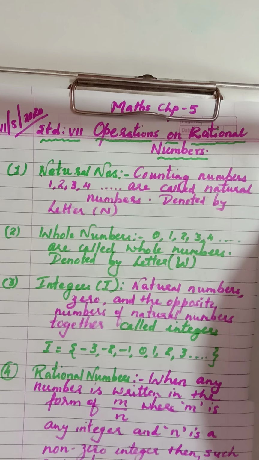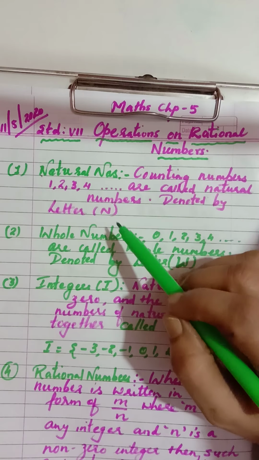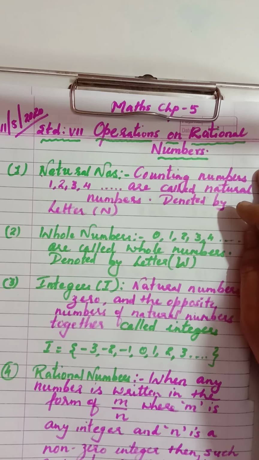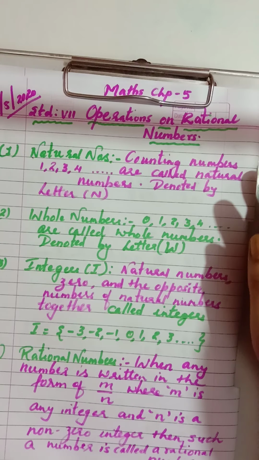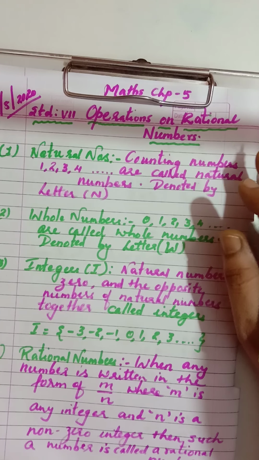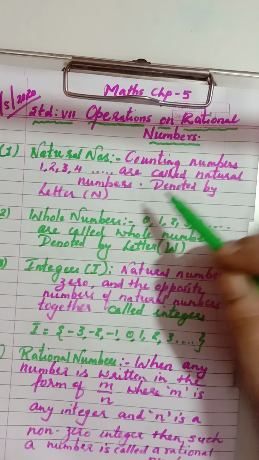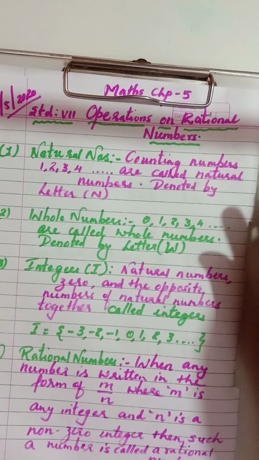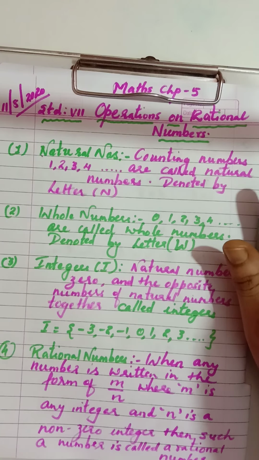Okay children, now let's start with the chapter, that is operations on rational numbers. Before starting, let us revise some definitions which you have learned in your previous class. So children, open your classwork book, also open your maths textbook, page number 34. Now here, the first definition we have already learned, I think, in 6th standard,